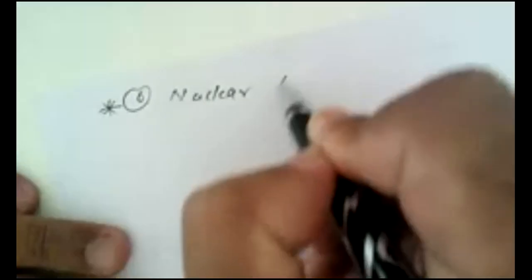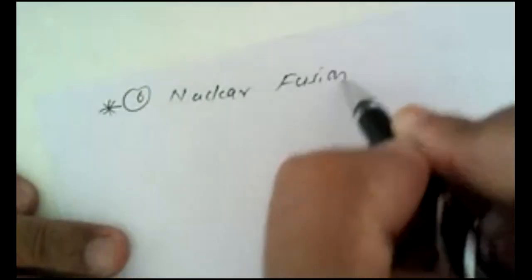Then we are going to proceed with another, the sixth type. This reaction is exactly the reverse of that, and it is known as nuclear fusion. So you have to write in your notebook, this reaction is also very important. You have to mark this reaction with an asterisk sign in addition to nuclear fission. This is known as the nuclear fusion reaction, or simply nuclear fusion.